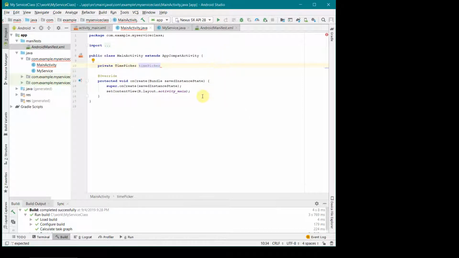So time picker will be nothing but time picker equal to findViewById R.id dot, and the id we gave us time picker. So this will ensure that the view which we created there is mapped to our time picker. Once we have set this time picker, what else we need is we need to call our service